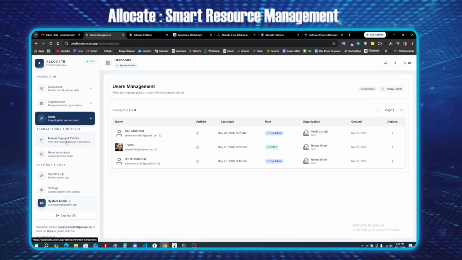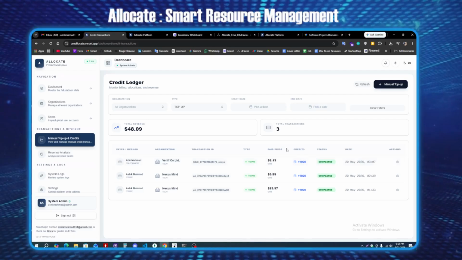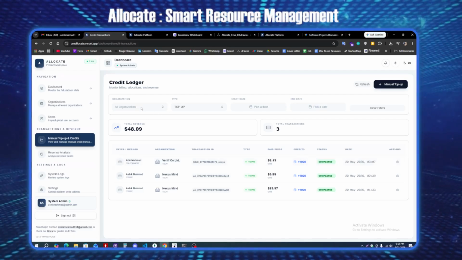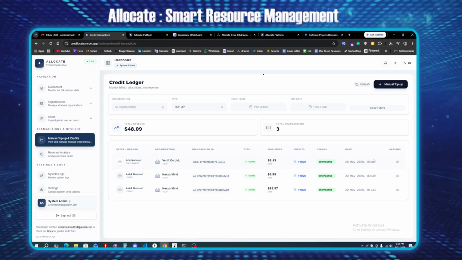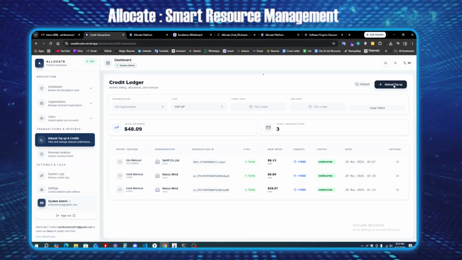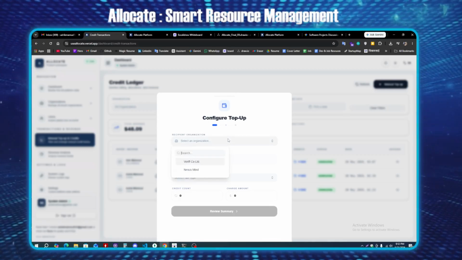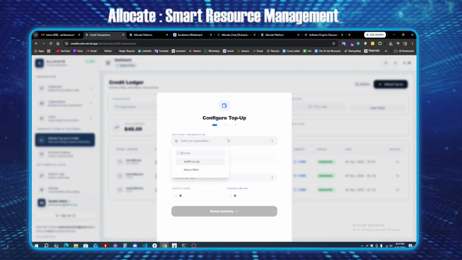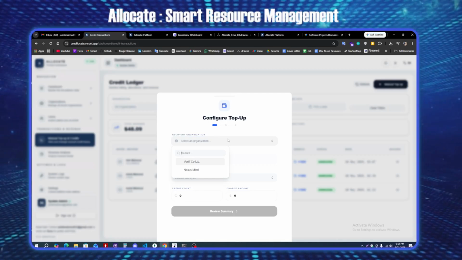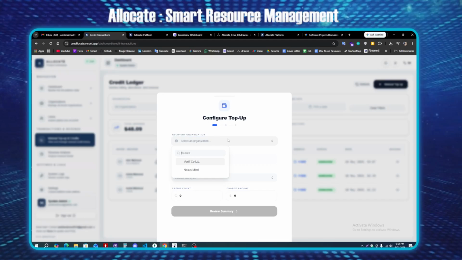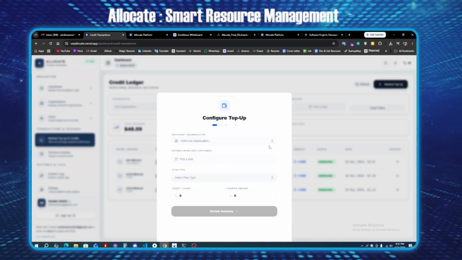That's another thing for the system admin. So here you'll see all the things to manage credit. Here is the same thing of credit top-ups. If any company contacts sales, the admin can change their plan from here as well, by taking the money